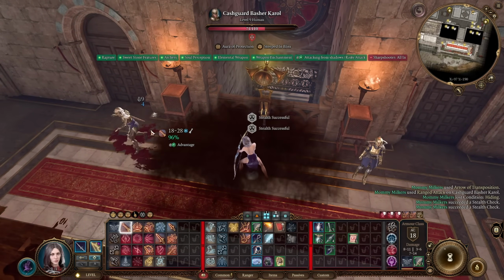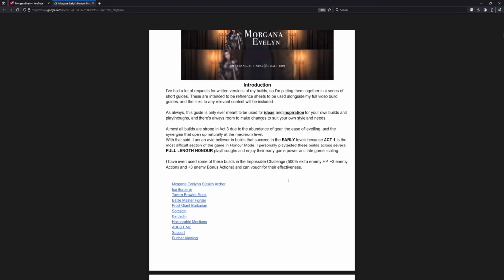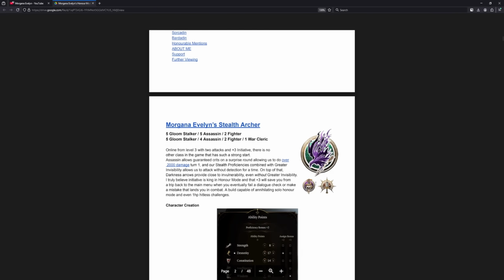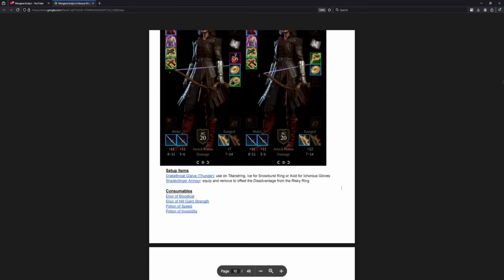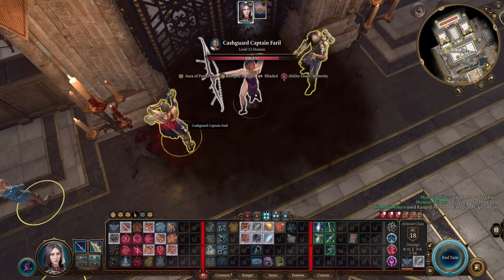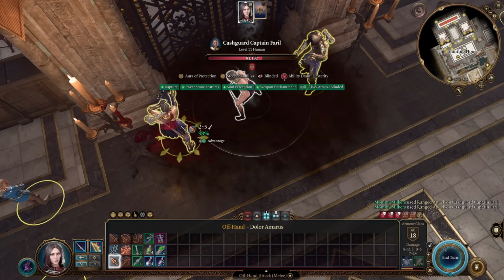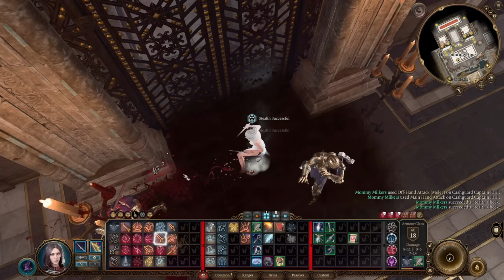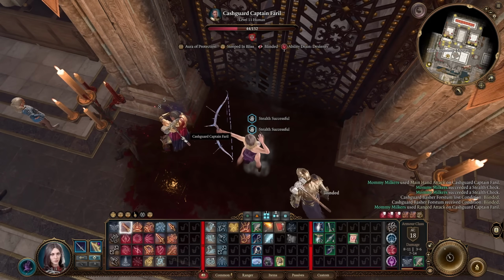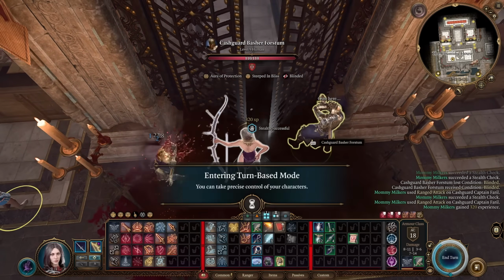In November last year, I put together my honor mode party template as a companion document to my top 4 honor mode builds video. That PDF was around 20 pages at the time and was only intended to be a quick reference guide, but it got so much positive feedback from the community that it evolved beyond what I ever expected. I still get a lot of feedback and questions about the guide, so today I want to take a